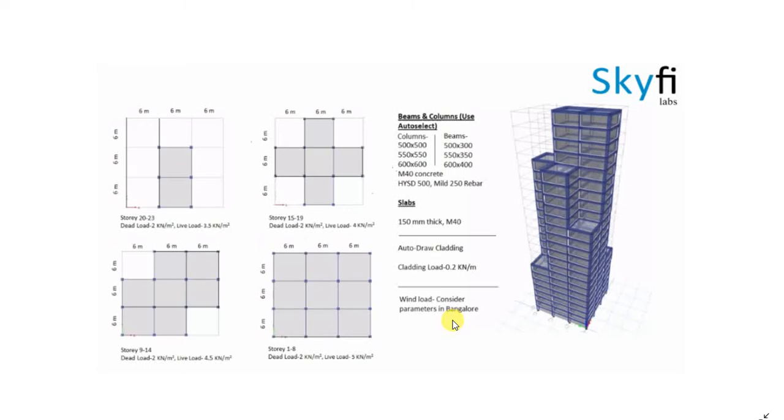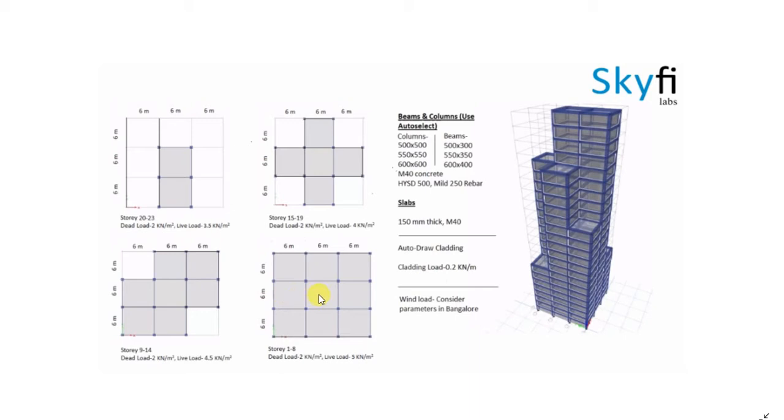Welcome to the video on the analysis and design of tall buildings by using ETAP software, in which we are going to design a 23-story building which has different sets of stories and their loadings are also different. Here all the stories have same dead load as 2 kN per meter square, but different live loads, that is